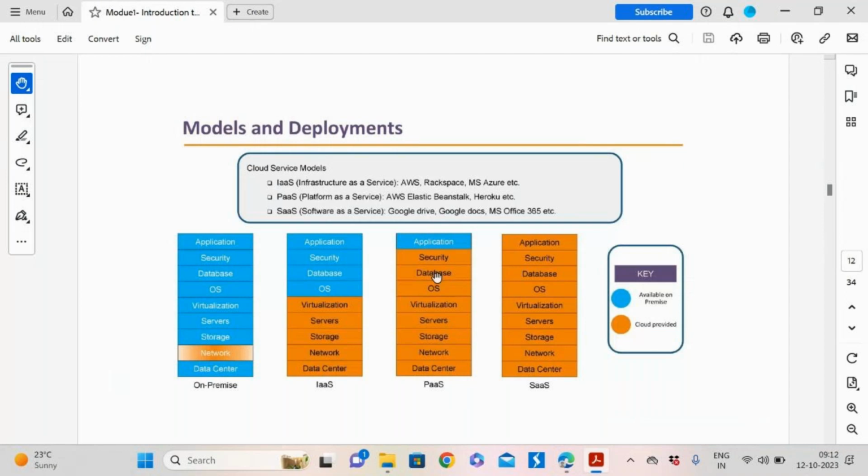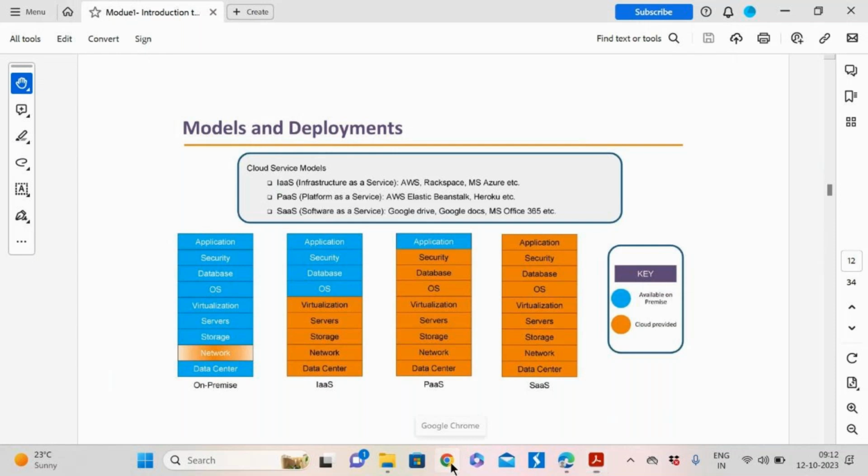That's it. And the last thing is software as a service. Here, we don't even need to bother about the creation of applications or databases. Everything is there. We simply log in with our user credentials and start using. That's it. So, for example,